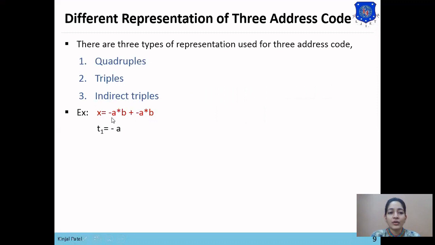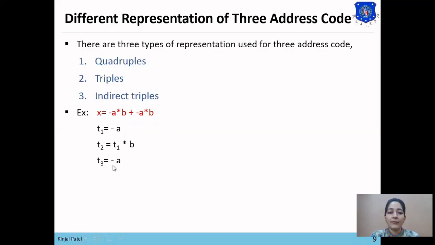Now we want to multiply this minus A with B. As minus A is stored into T1, next operation will be T1 star B. So T1 star B equals to T2, means the result of T1 star B has been stored in the value T2.